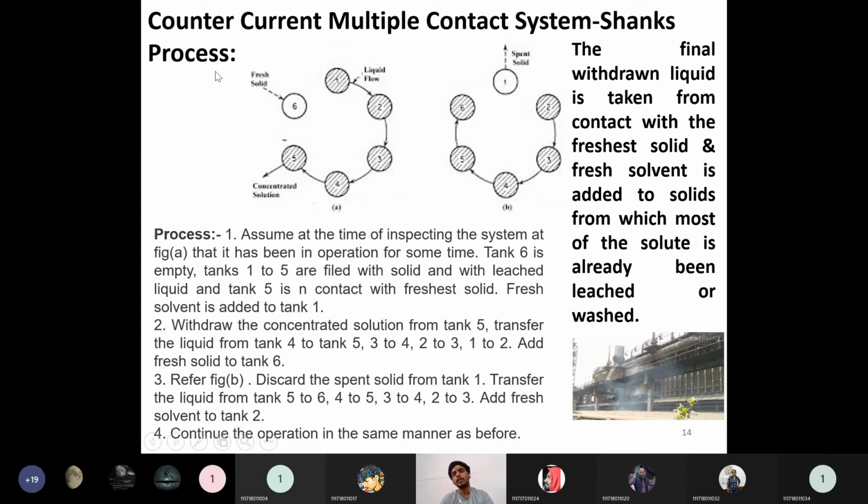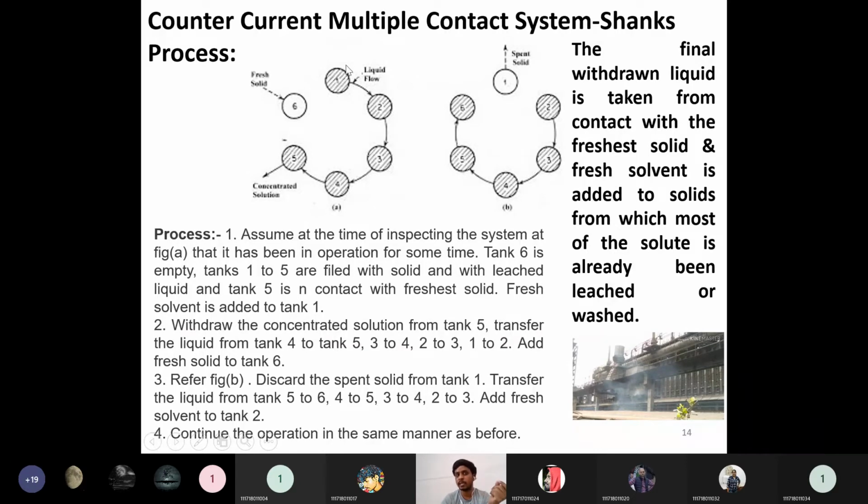And next, what happens? This fresh solids will be filled inside this tank, and these solids will be transferred to the other tank. Then that solid, whatever the spent solid is there. So first we fill it at time t is equal to 0. We call this one the solids which are filled first. So the age of the solids inside this tank will be very high compared to the age of this tank.